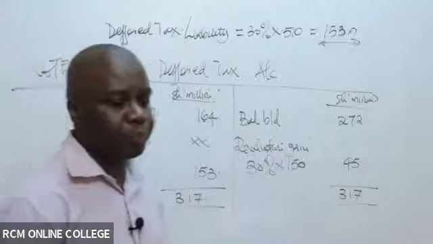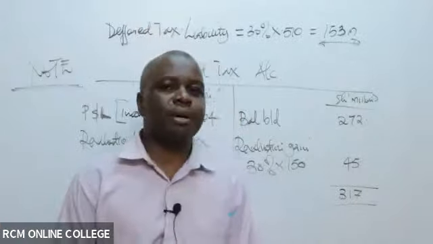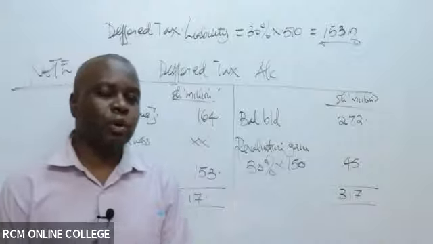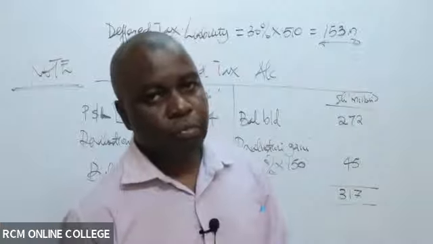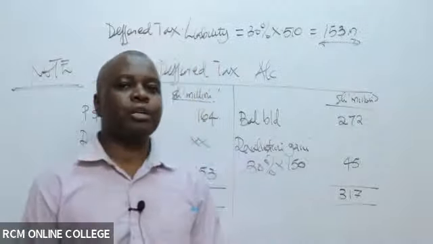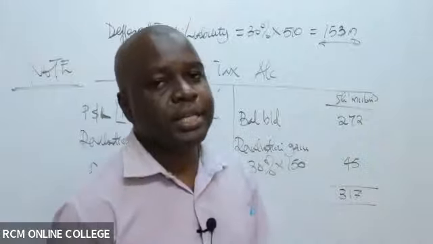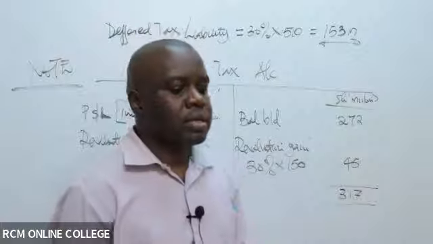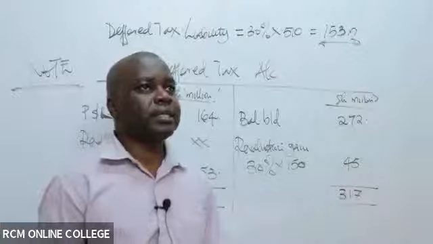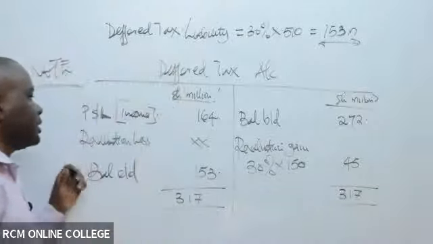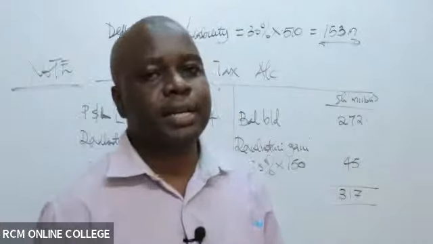Then note number two. Hope you've been able to write that one. Note number 2, any revaluation loss on an asset will be debited, it will come this side, will be debited in the deferred tax account,